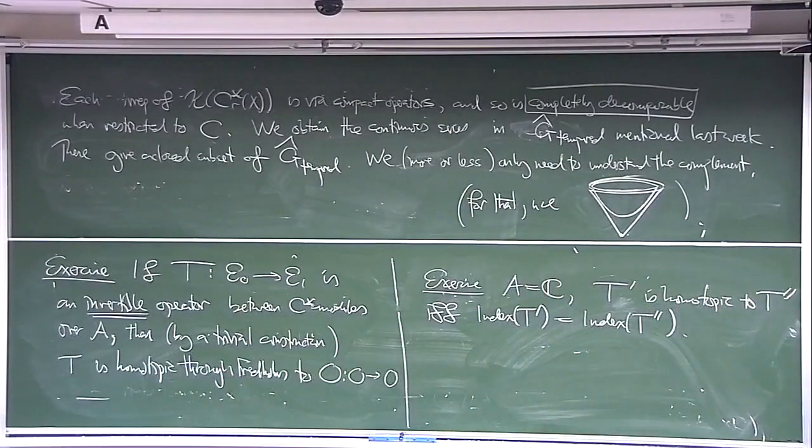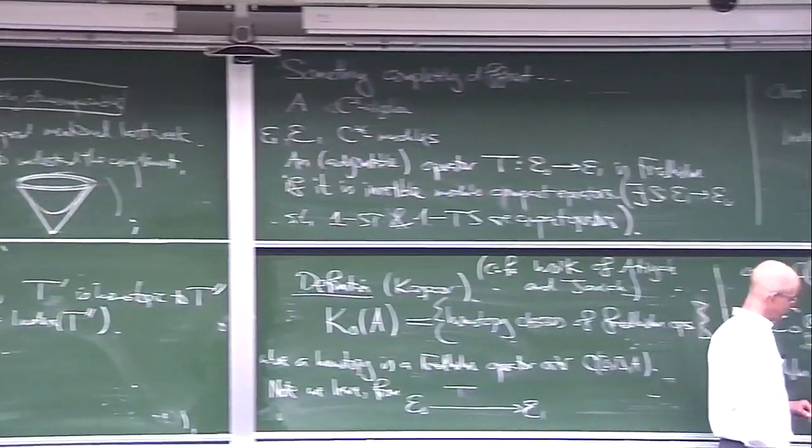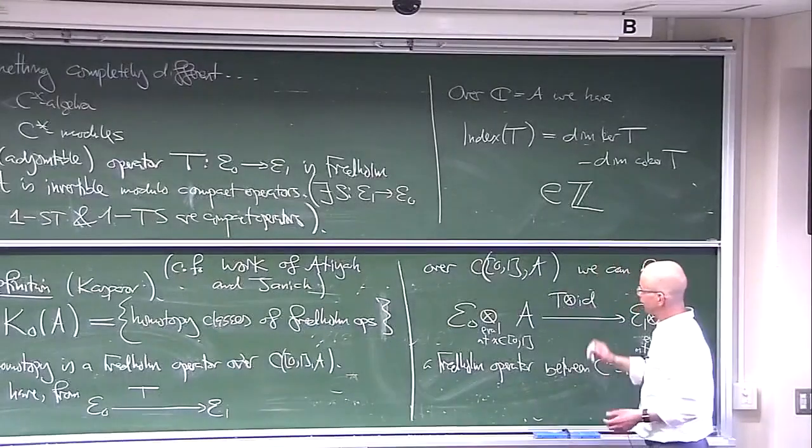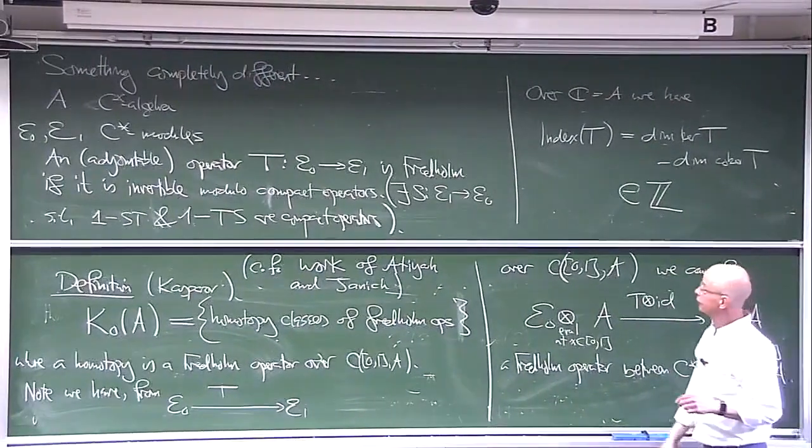So in the case where A is the complex numbers, this space of homotopy classes is actually the group Z, the additive group of